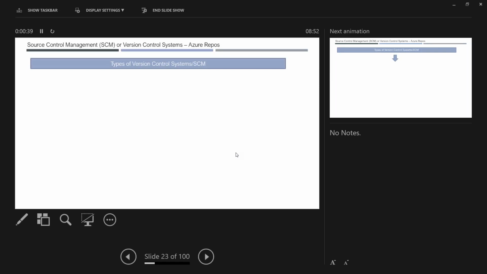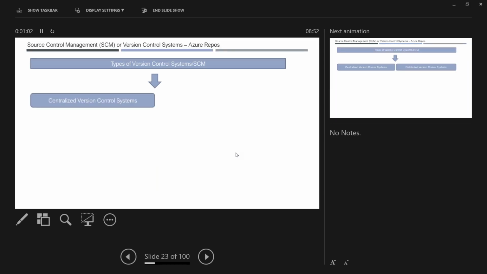The other term people may use is version control management, source control management, repos, whatever you call it. This is your code management, how you manage your code. So we'll see source control management or version control systems.